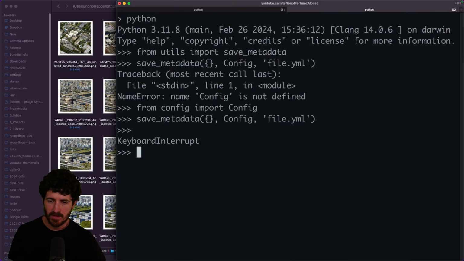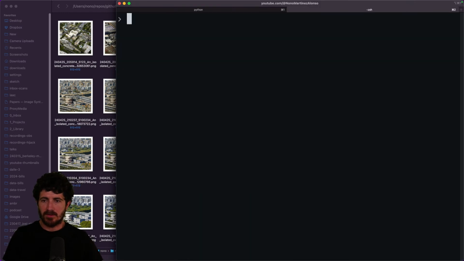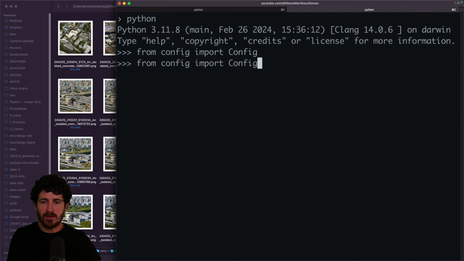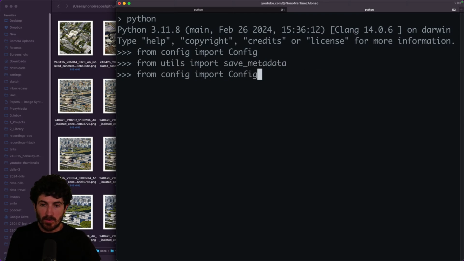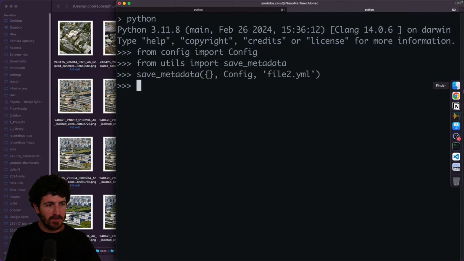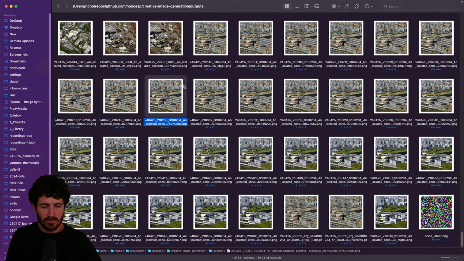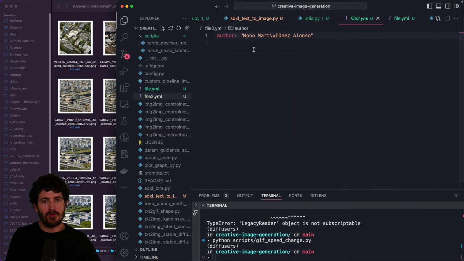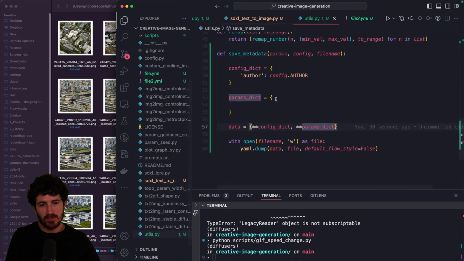Right, let's try again. So exit, we are going to call here Python. We first import everything here, and now we call save metadata. Great. And to test that this works, we're actually gonna use it